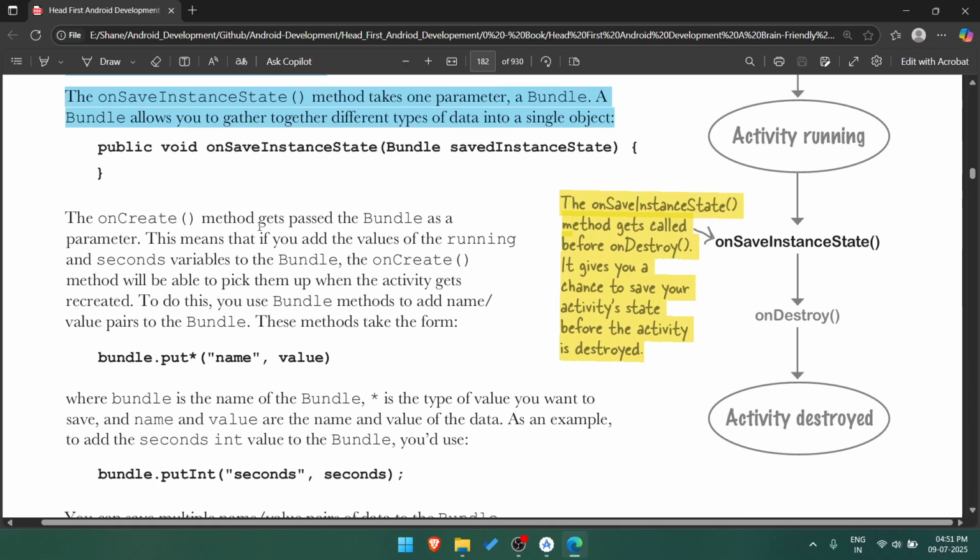The onCreate method gets passed the Bundle as a parameter, right? This means that if you add the values of the running and seconds variables to the Bundle, then the onCreate method will be able to pick them up when the activity gets recreated. To do this, you use a Bundle method to add name/value pairs to the Bundle. Okay,